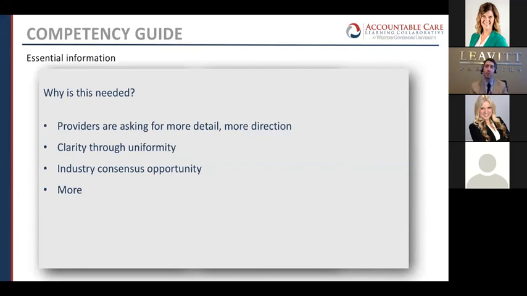Providers, both within the membership and the ones that we are interacting with from a research standpoint on a daily basis throughout the industry, are asking for more detail and more direction on a lot of these competencies. We feel that there's a great opportunity for clarity on what competencies need to be developed through uniformity. So we're very big on uniform, concise documents that really serve as resources for the provider community and for the non-provider community who are seeking very diligently to serve this community, many of which we find among our membership, and